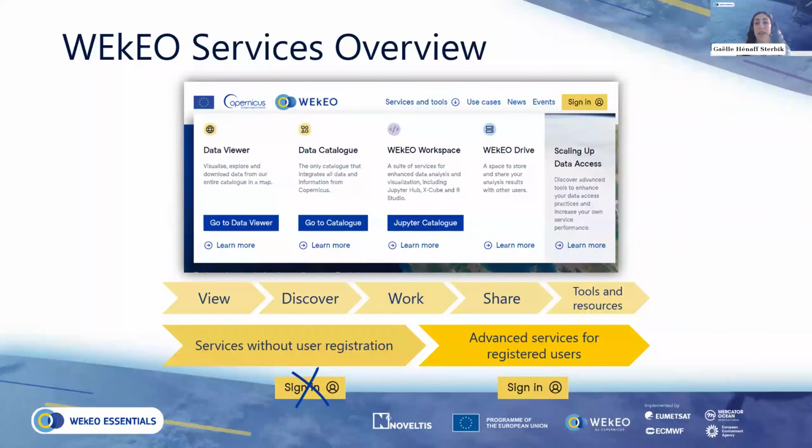With WEkEO, getting started is simple. You don't need any registration to view, explore, and discover the wide range of available data. Everything is open for you to browse freely. If you'd like to take advantage of more advanced features, you can create a free account to access personal working